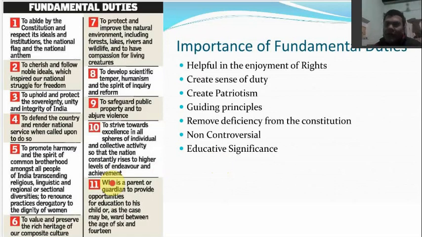Okay, and the first 5 to 6 years are very important years, because at that time a child is learning new things. Its brain is developing rapidly. It's learning new things, and what kind of environment it gets, what kind of education it gets at that early stage is going to be very, very helpful in its remaining life and whatever it does in future. So those years are very important, and that's why it is the duty of a parent or a guardian to provide opportunities for education to his child, or ward, as the case may be.